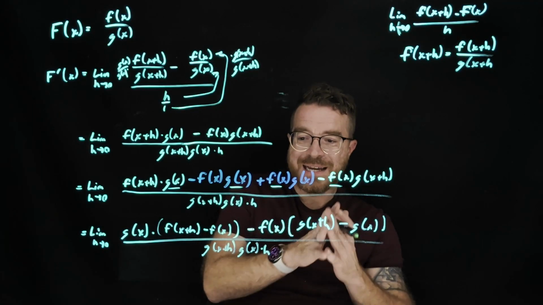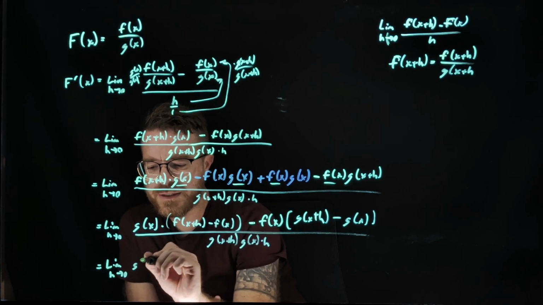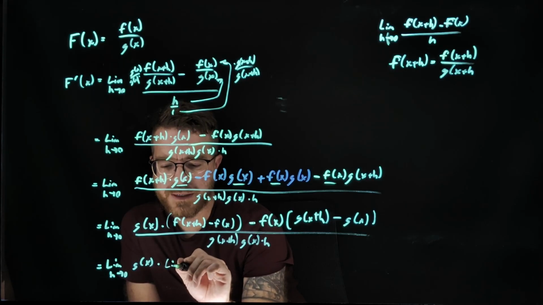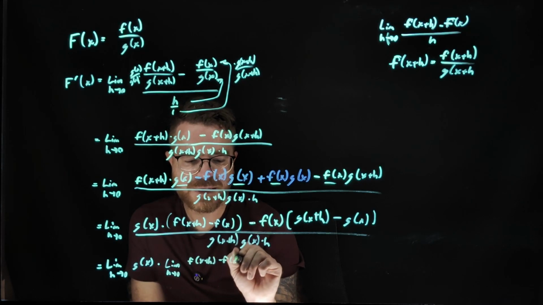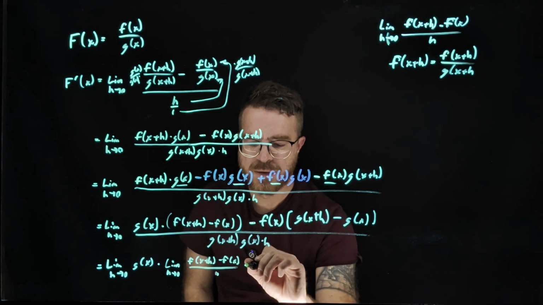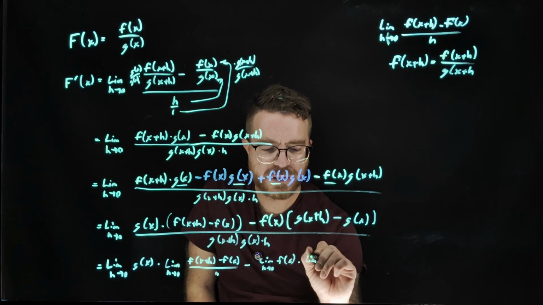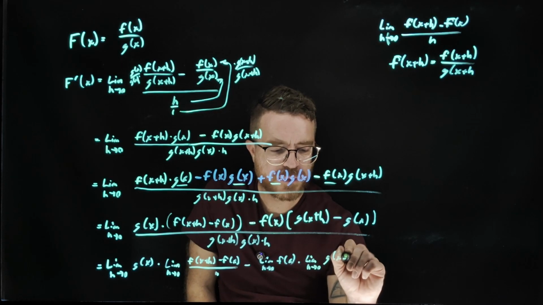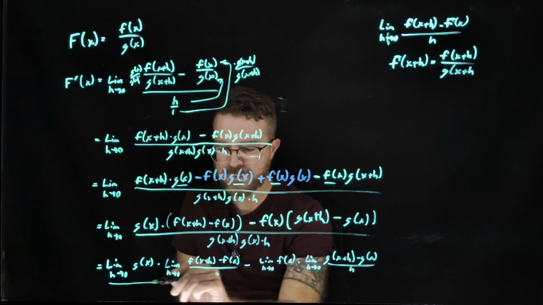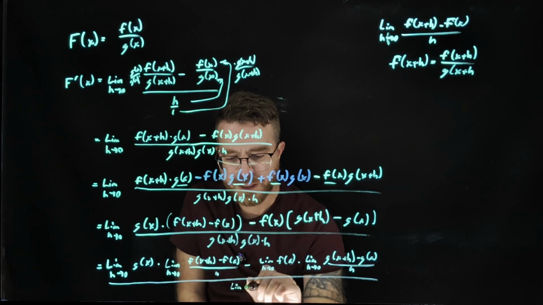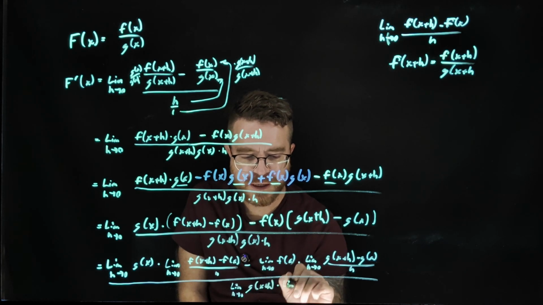Now I'm going to split it like I did before. So this is going to be equal to the limit as h goes to 0, g of x times the limit as h goes to 0, f of x plus h minus f of x divided by h, minus the limit as h goes to 0, f of x times the limit as h goes to 0, g of x plus h minus g of x divided by h, and then this entire thing is divided by the limit as h goes to 0, g of x plus h times the limit as h goes to 0,